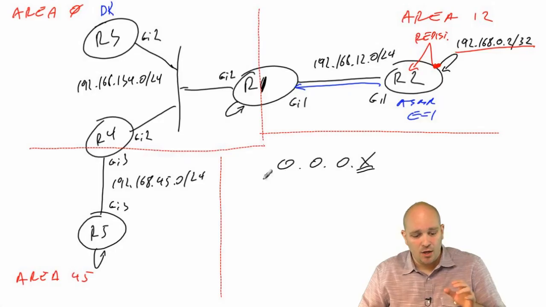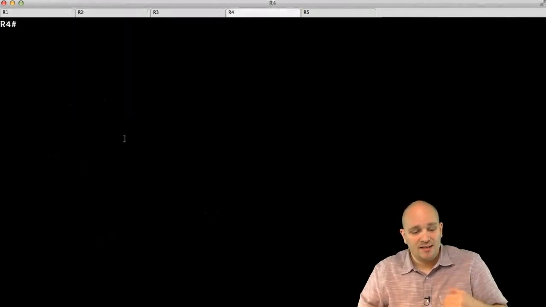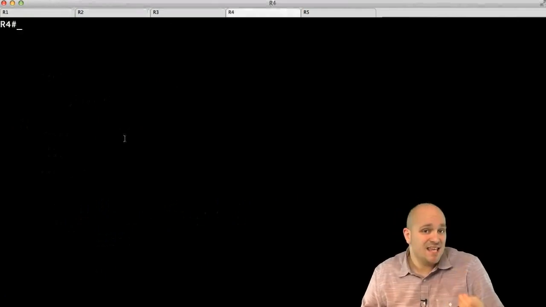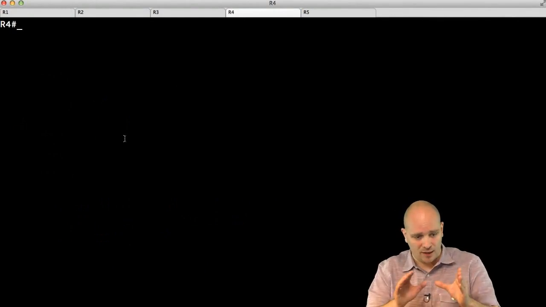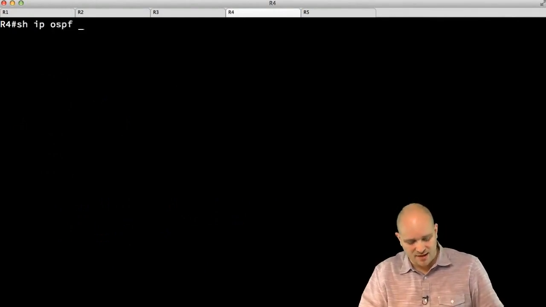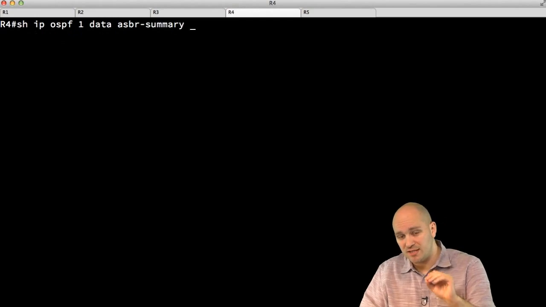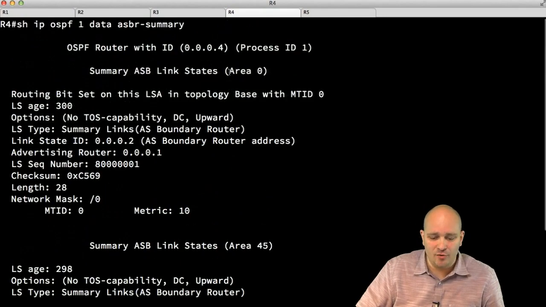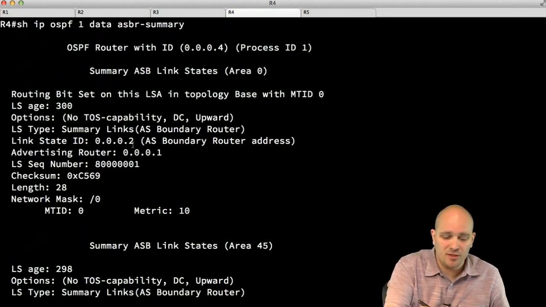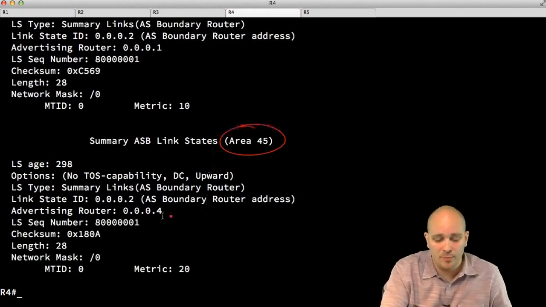Now, if I go to R4, for example, on R4, the presence of type 4 LSA is the one that actually tells R4 to generate its own type 4. Let me show you that. So if I do show IP OSPF 1 database, ASBR summary, so I want to look at just type 4 LSAs, I'm going to see two type 4s. One of them will be in area 0, this one here, and this will be the one that was generated by R1. Now, this other type 4 LSA here will be in area 45, and this will be the one